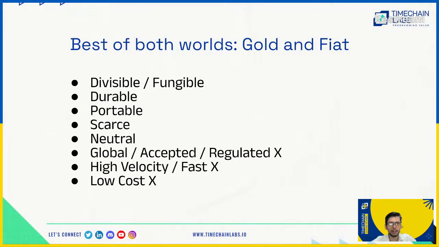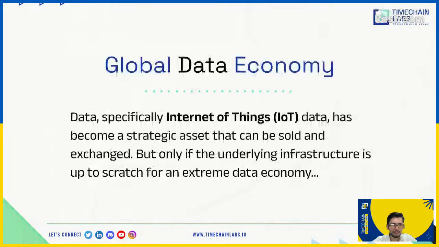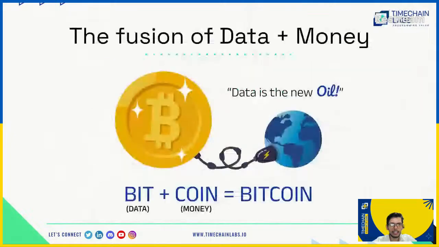This is what the Bitcoin vision has been: to achieve a vision of Bitcoin as a global ledger, which can power not just Bitcoin, but even fiat currencies to be represented on the ledger, and power a global shared ledger for efficiency of economics and economic gain of a data economy at the core. So this global data economy is there in the name itself of Bitcoin. Bitcoin, in the name itself, is bit plus coin. Bit stands for data, coin stands for money.